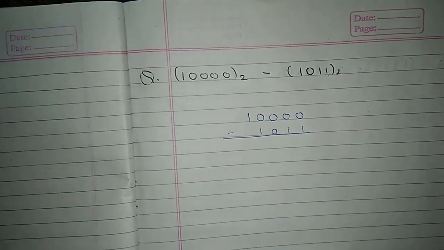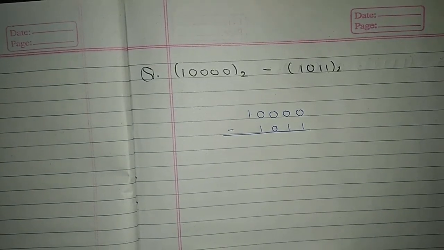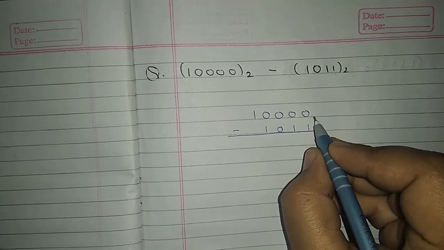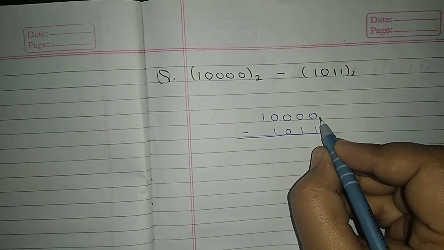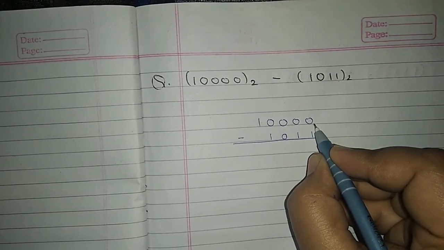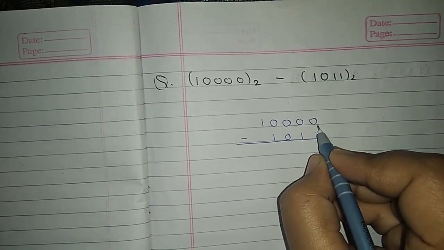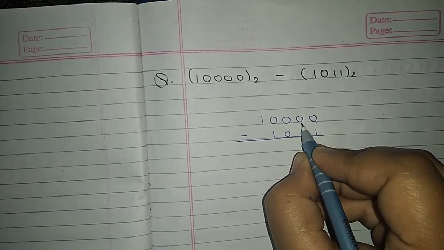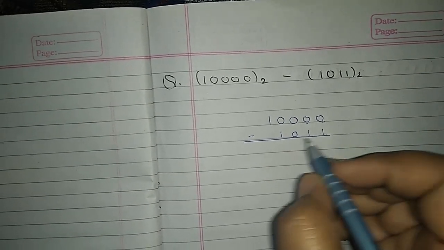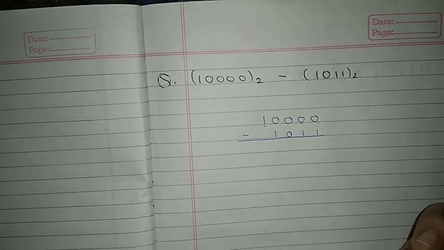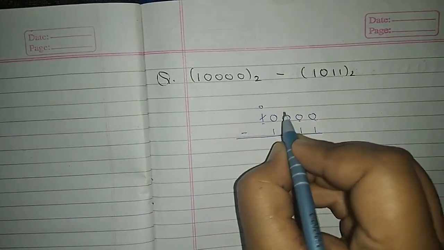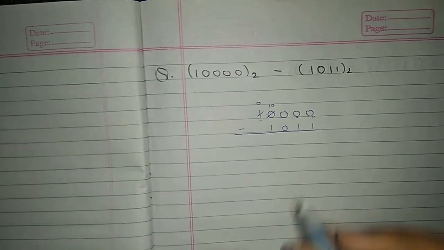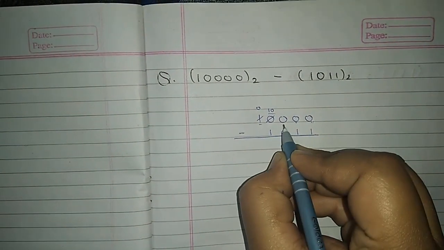Now we have to subtract these numbers. Well, the problem is that in this particular question of subtraction, when you subtract this 1 from the 0, you have to take a borrow for the 0. Fine. But just now it's not possible because over this side we have one more 0. So first we have to take a borrow from this 1. When you do so, this 1 will be converted to 0 and this 0 will be converted to 1, 0. Fine. Then you have to take a borrow from this 1, 0 for the 0.